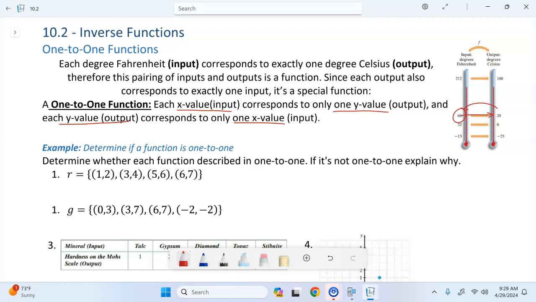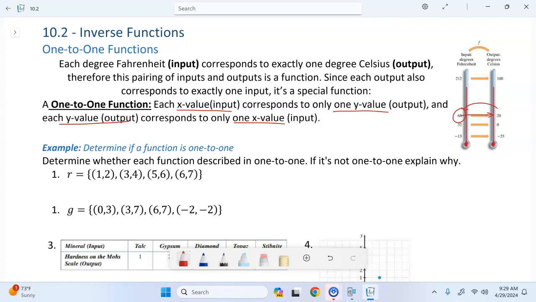There's not two students in one seat. There's not two seats for one student. Every student has one seat. Every seat has one student. That's a one-to-one relationship. So when we have a function that follows this, we have a one-to-one function,